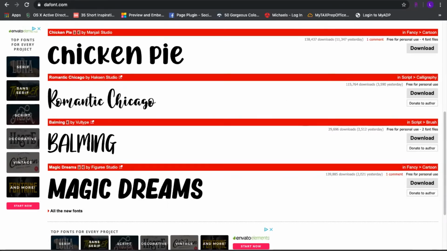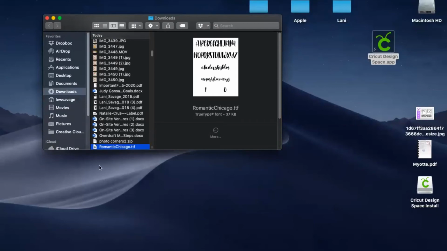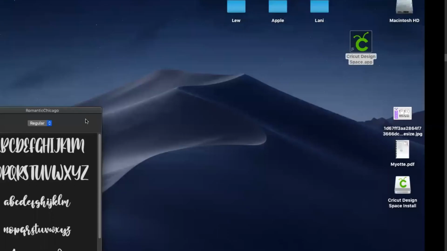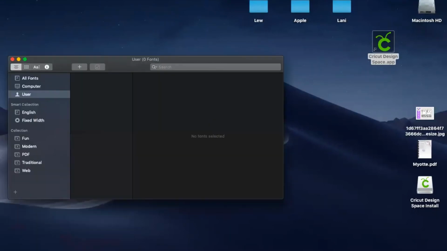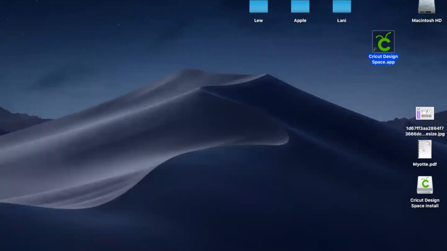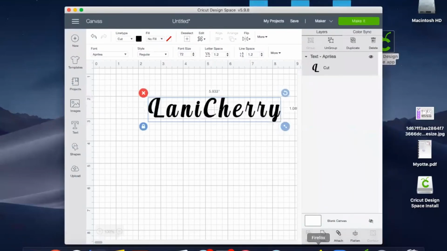And you see the zip file downloading in my device. So I'll go ahead and open it. And it's called Romantic Chicago. Let's maximize that so you could see. And I'm just going to double click that. And you see right here, it says install font. So that quickly, it's already installed in my device. So I could close down my downloads. I no longer need that. I'm going to go back into Design Space,